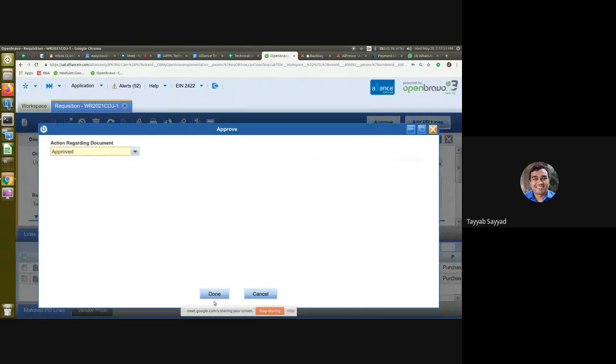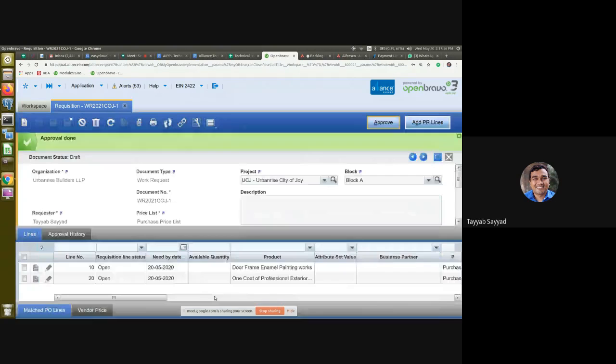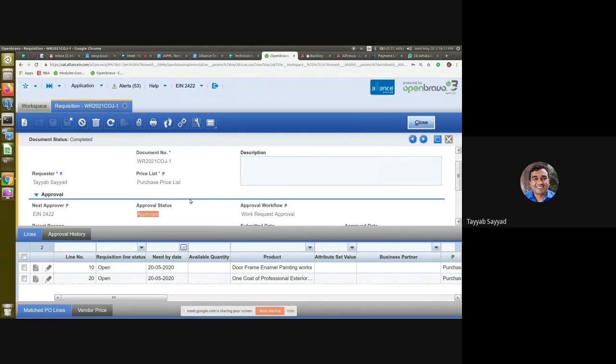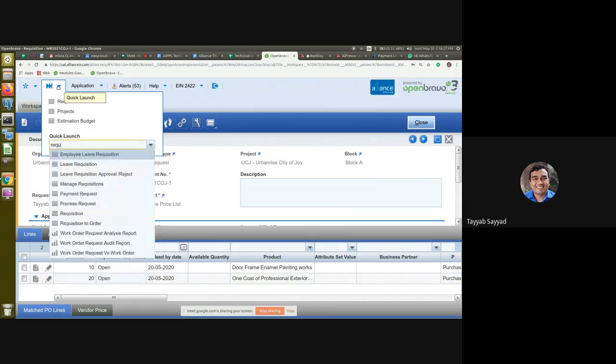I'll click on this approve. And this document will get frozen and will get approved. Okay. So you can see the approval is done and approval status become approved. Okay. So all the notification after approving, it will go to the purchase team or contracts team saying that, okay, this request has been approved. Please do the further processing. Okay. So the next step the contract team will be doing is going to the requisition to order screen.